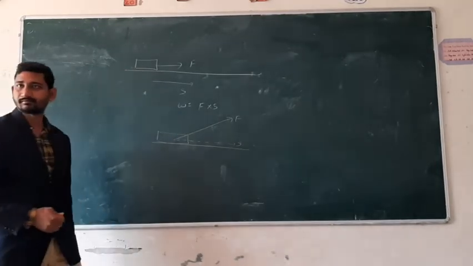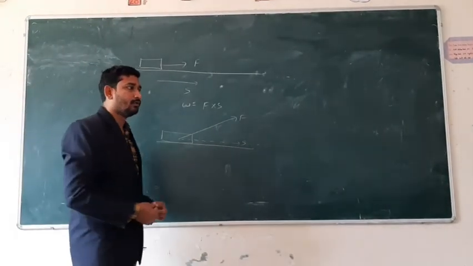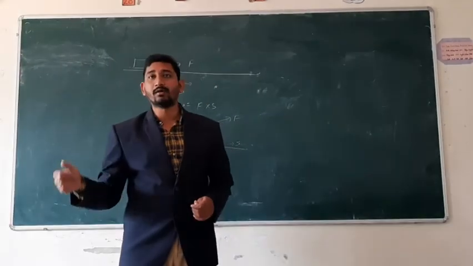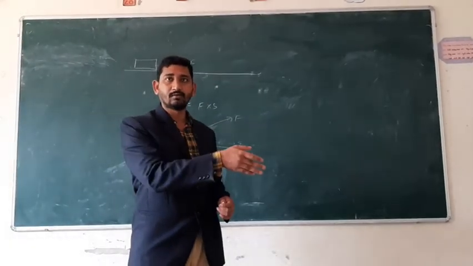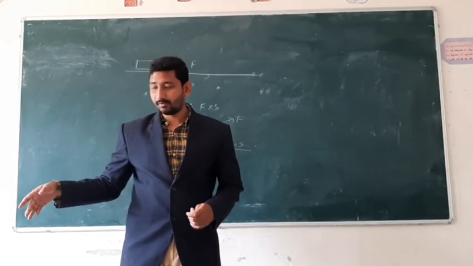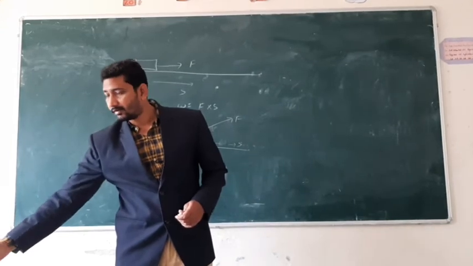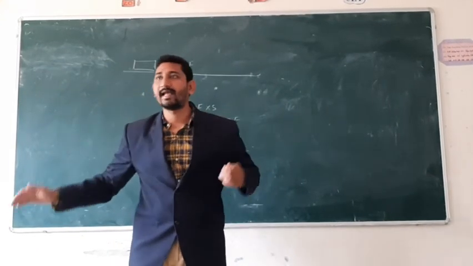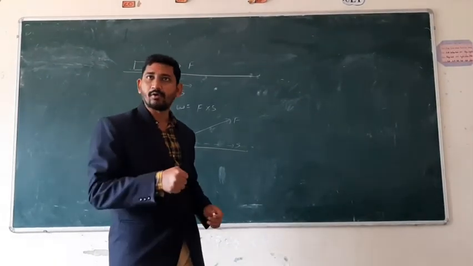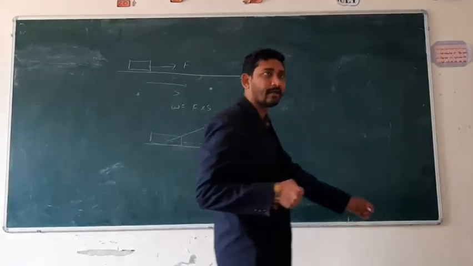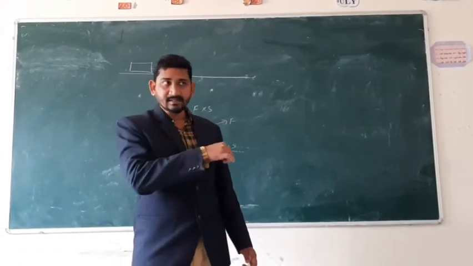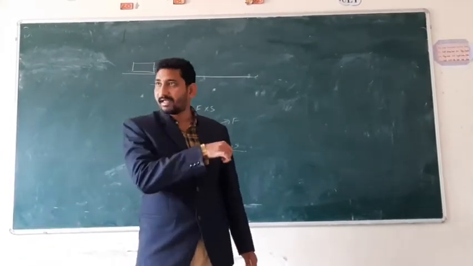For example, you have a dog and you are taking the dog for a morning walk. How will you take it? With the help of a chain. Now there is a dog. The dog's head will be at a height of this much. There is a chain and I am holding the chain and walking. The chain will be like this. That means I am applying force in one direction.